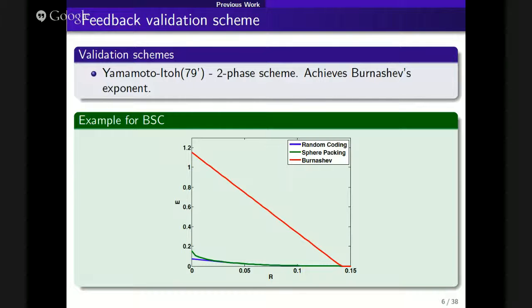The decoder is then faced with a binary hypothesis, checking whether it was right or wrong, and this is why you get this huge increase in reliability. If the decoder detects an error, everything starts over again. Even if there's one error, you restart the whole thing. But as long as this happens with small probability, it doesn't change your average rate. So the rate is not changed, but the exponent goes up. And we'll have a scheme like this in our search problem.